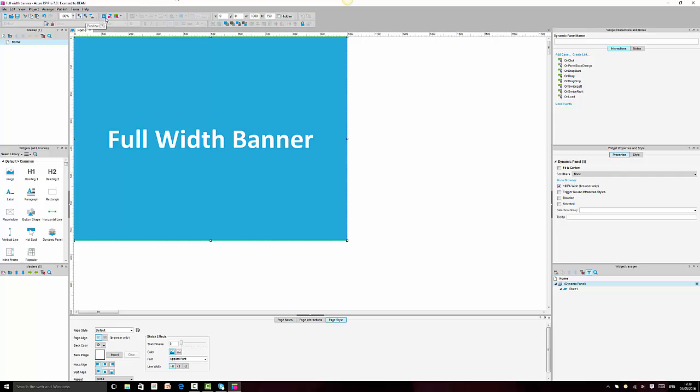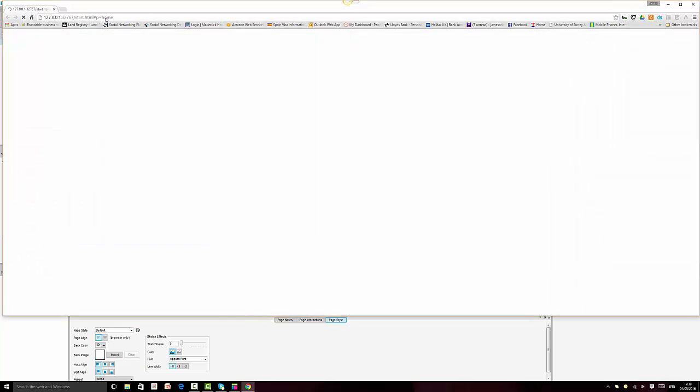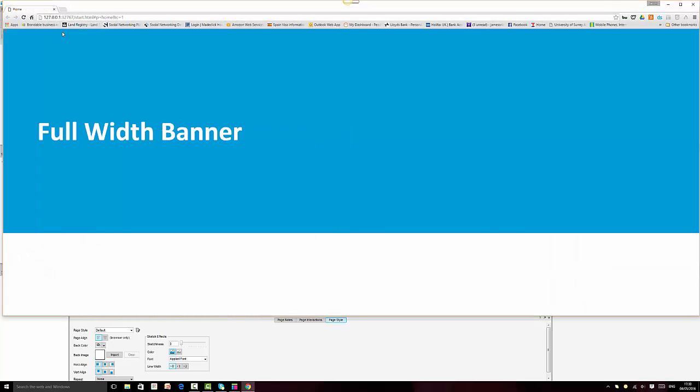The next thing we need to do now will be to preview what we've done, and we can simply preview it. As you can see, it's 100% wide. But you can see that this text here is showing at the left hand side. So we're just going to fix that by